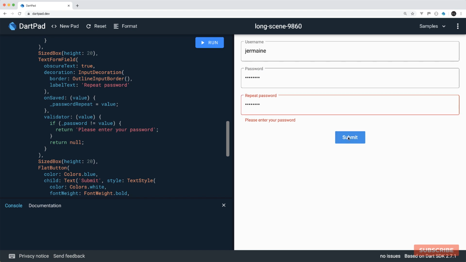And when I hit submit, we see that validation is still failing for the repeat password field, even though I've entered exactly the same password as this one, password. And the problem here is because, well, let's